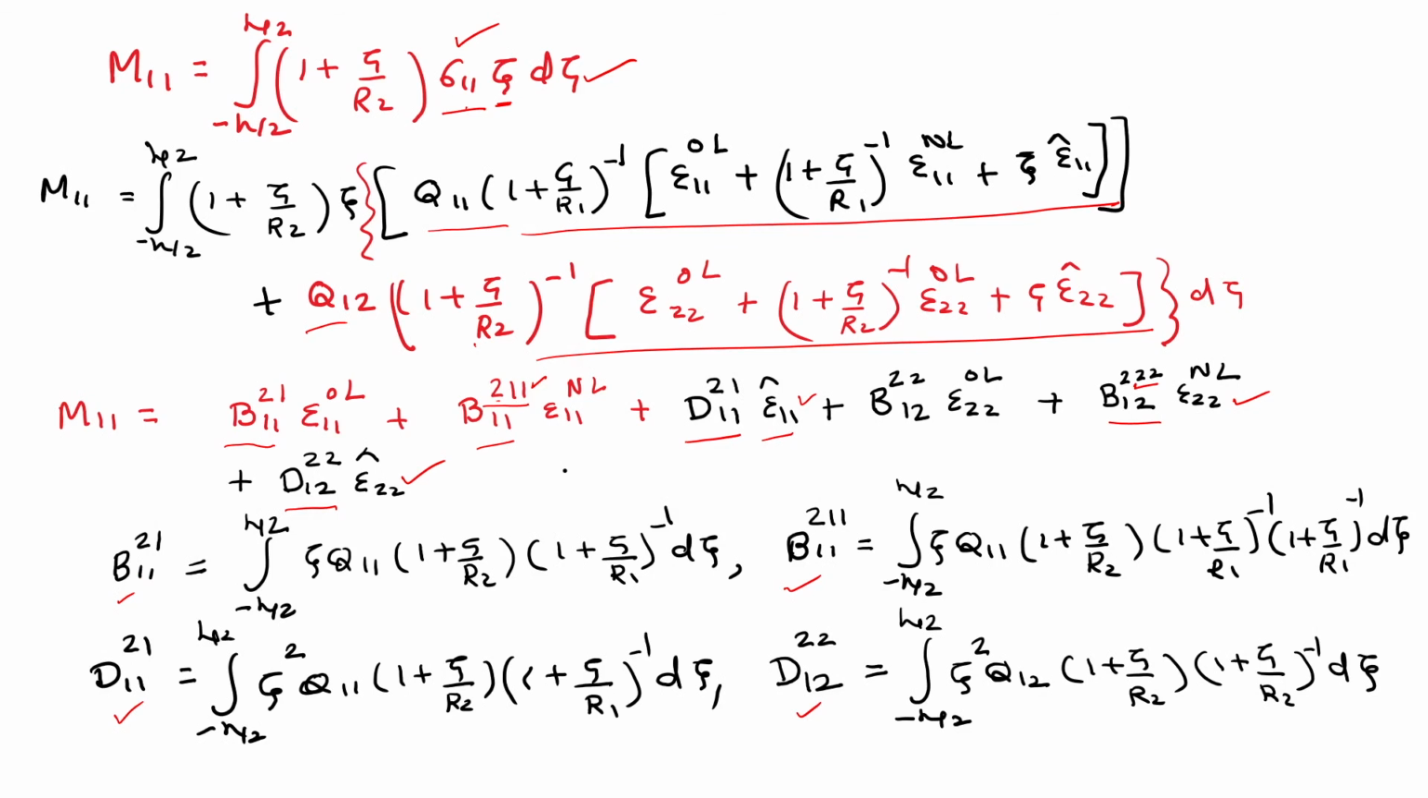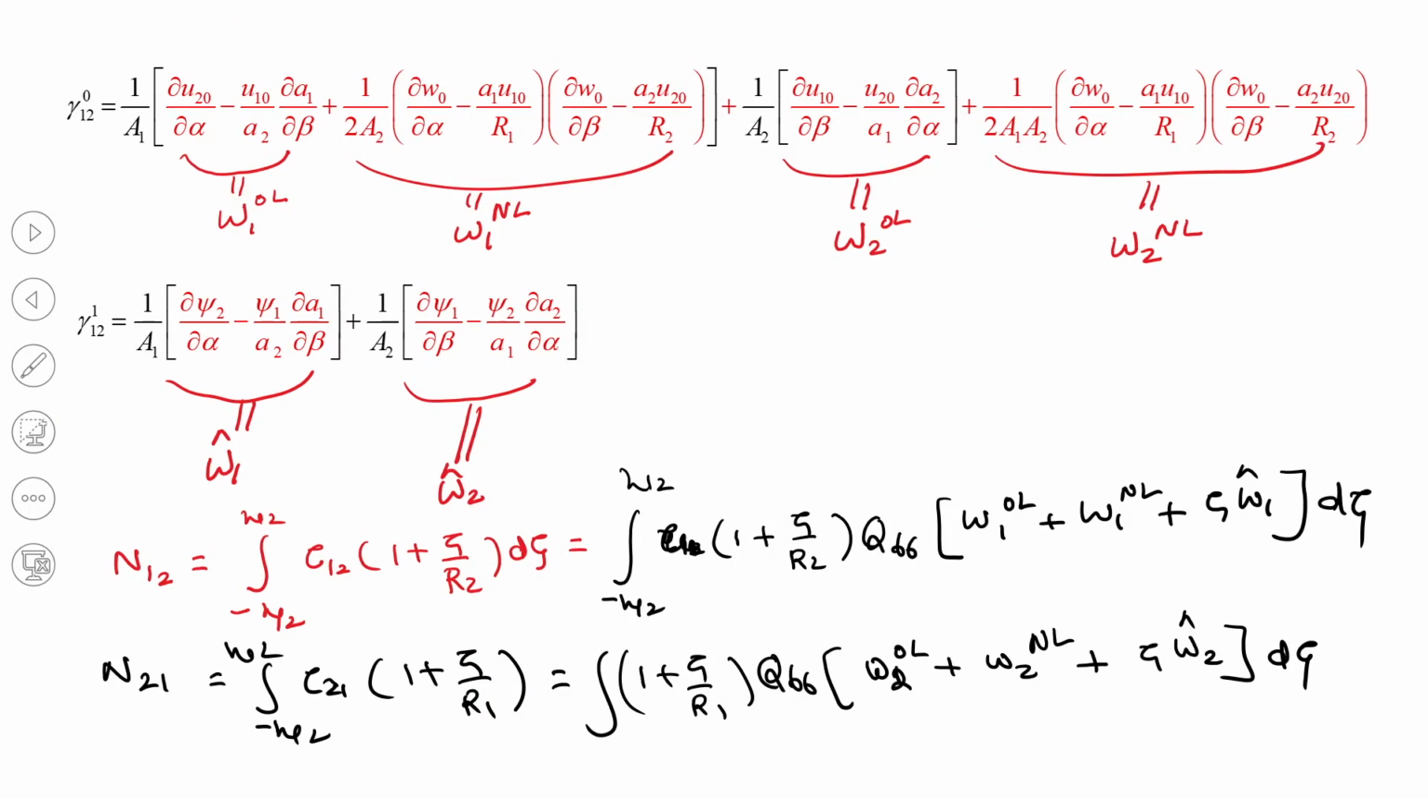So, we have defined the definition of M11, N11. Now, a slightly different definition is N12. For N12, we first have to say what the definition of gamma 120 and gamma 121 is. Gamma 120 has two parts: the first part in which 1 by A1 is common and the second part in which 1 by A2 is common. If you remember, when we were developing the cell governing equation, the first part corresponds to N12